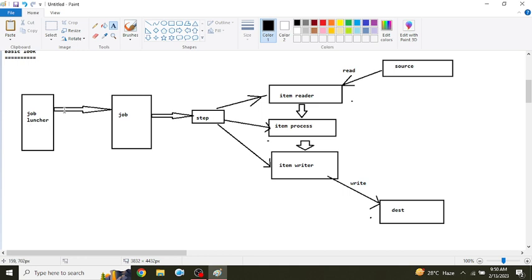Job launcher launches the job either manually or using scheduling. We can launch the job. Then the job contains what? One or more steps. Here I am taking one step, but we can have more steps also. One step contains one item reader, one item writer, and